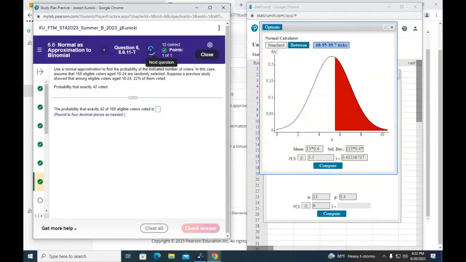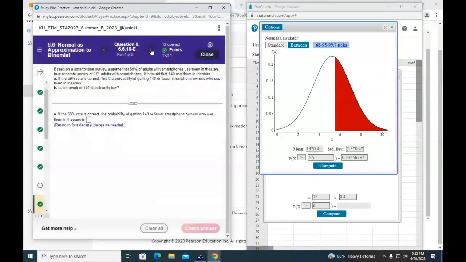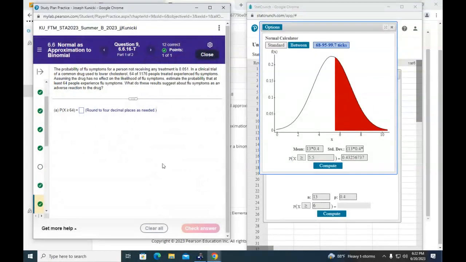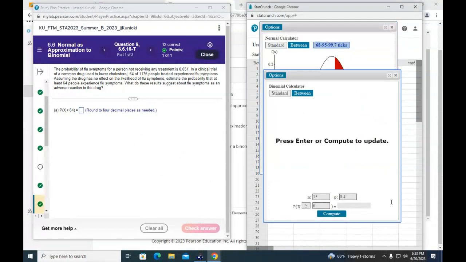Number 16. Probability of flu symptoms for a person not receiving any treatment, 0.051. In a clinical trial for a common drug used to lower cholesterol, 64 of 1,176 people treated experienced flu symptoms. Assuming the drug has no effect on the likelihood of flu symptoms, estimate the probability that at least 64 people experience flu symptoms. Okay, so if I go to the binomial straight up, then